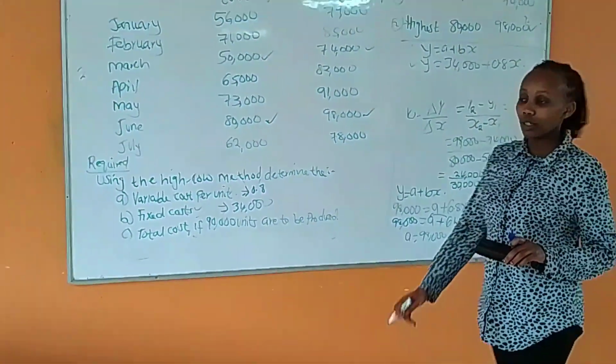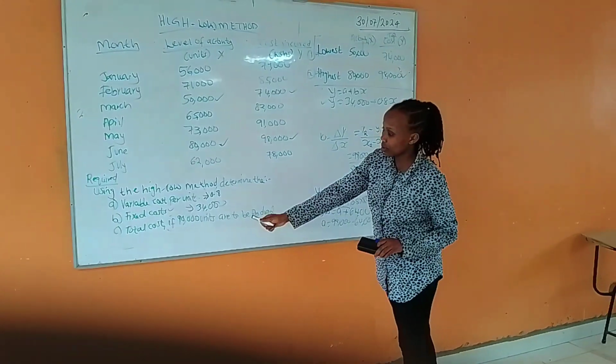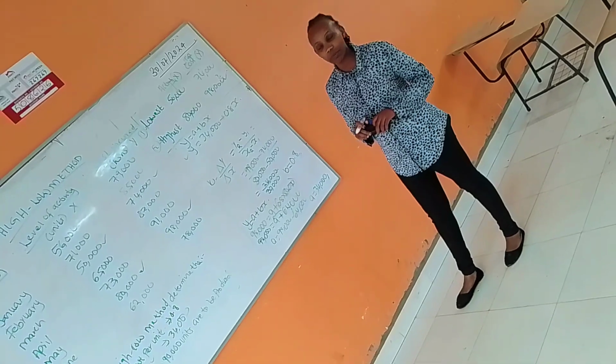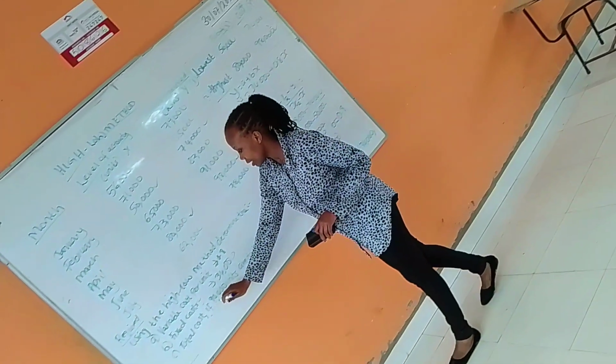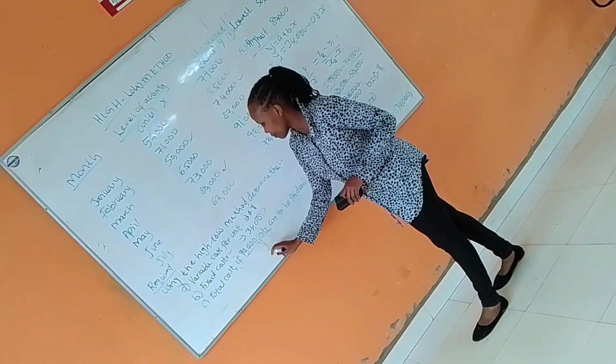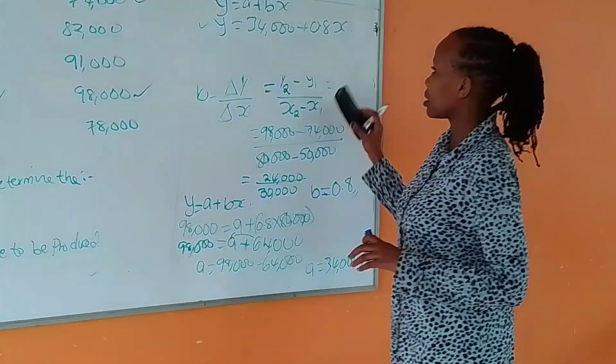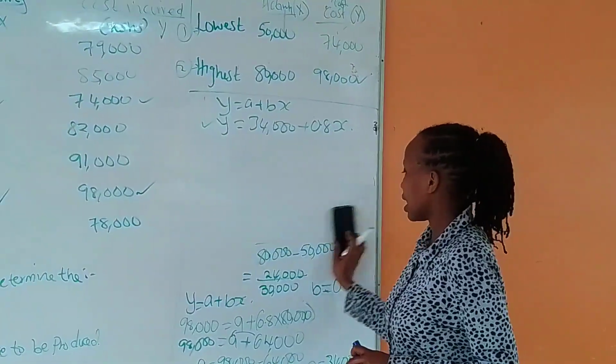Then the last question you have been asked is to find the total cost if 90,000 units are produced. In this case, 90,000 units is the value of x. You have been asked to get the value of y, which is the total cost. So when you replace it in that equation,